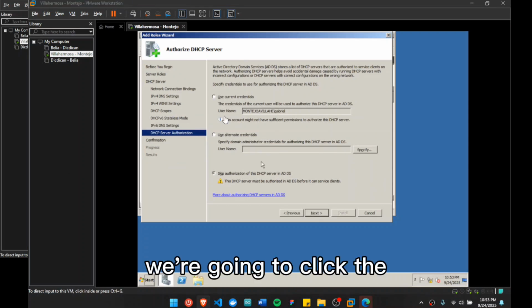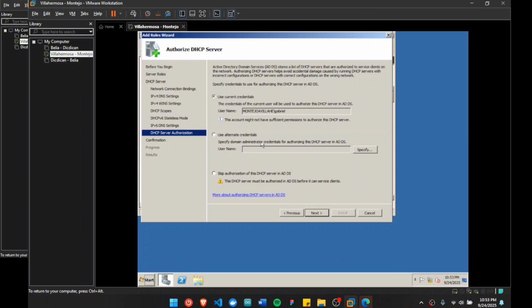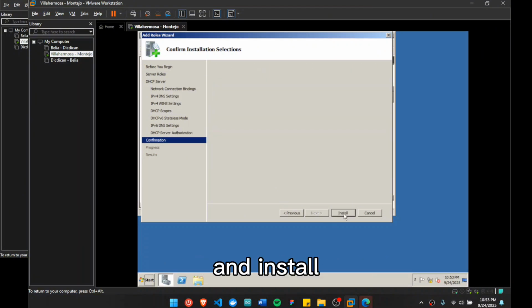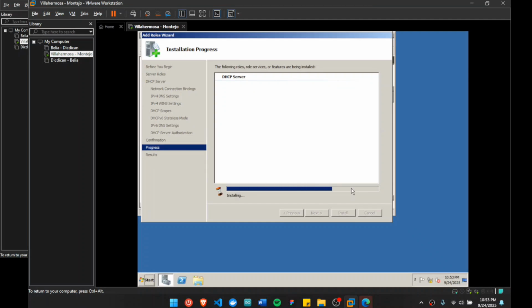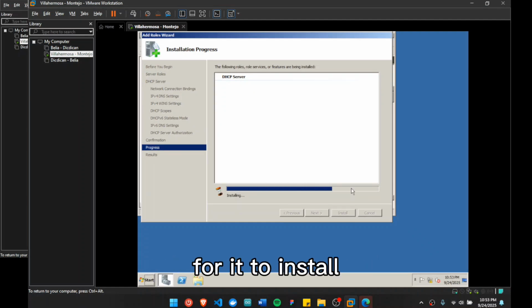We're going to click the use the current credentials. Going to click next and install, and we're just going to wait for it to install.